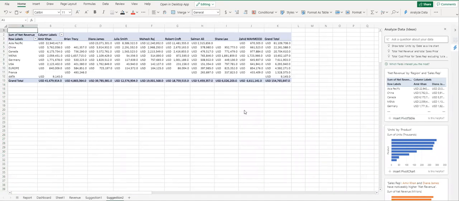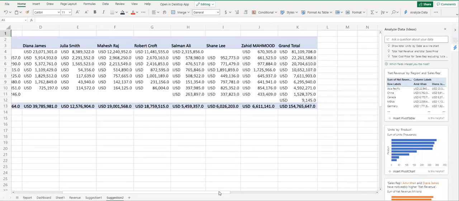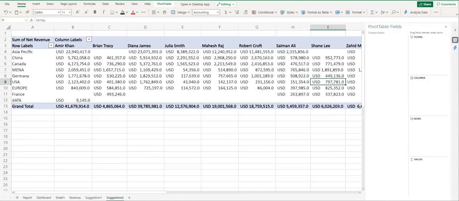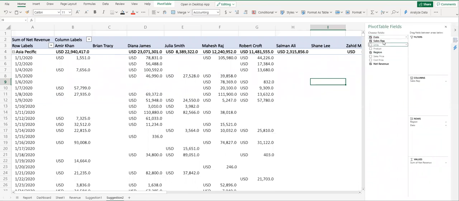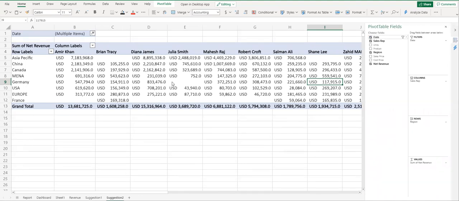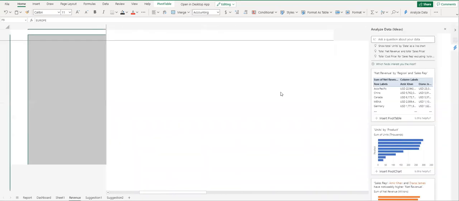You see how all the information for the sales reps came over here. If you want to change anything, come over here and then select it. Say that you want region. You can go by dates as well on this table, like that. We just need data for, say, 2020. It will take the data for 2020. So this is one of the powerful functions over here.